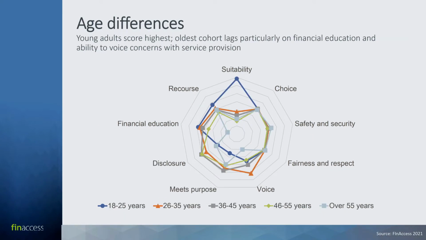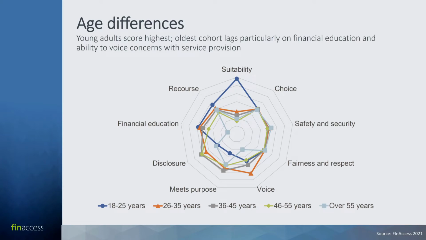When we look at age differences, it's also very interesting. This becomes a little bit busy, but I'm going to just try and help you navigate this. If you look at the blue ones, dark blue is the youngest and light blue the oldest. And you see the oldest, they lag behind in financial education, and for them, this was mostly due to not knowing, not understanding the terms. So it shows an education lag that needs to be made up, that older people still feel.